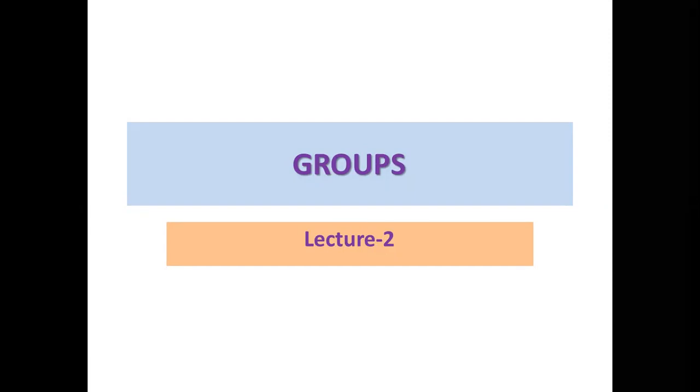In our previous lecture, we have already seen the group structure in the symmetries of a square and an equilateral triangle. So we have a basic idea about groups. Now in today's lecture, we are going to see the formal definition of a group, some of its properties, and certain examples of groups. So let us begin.